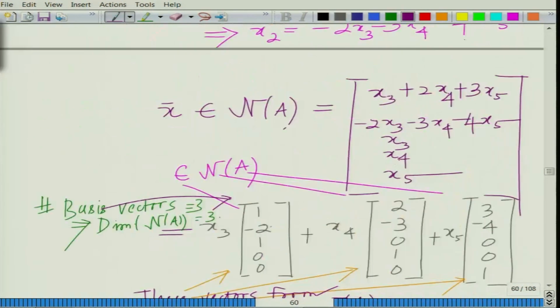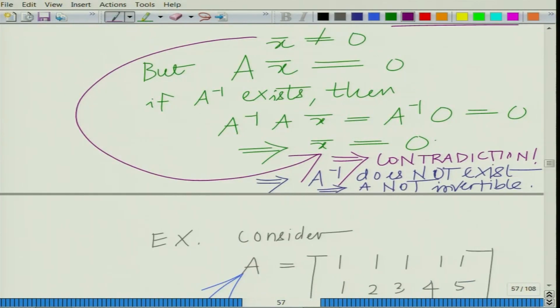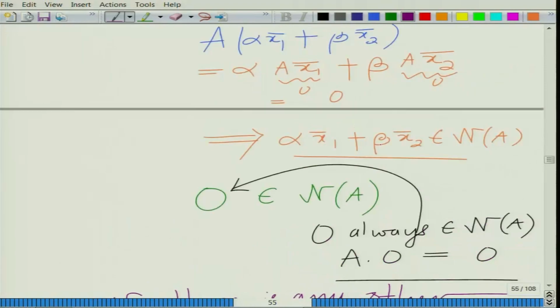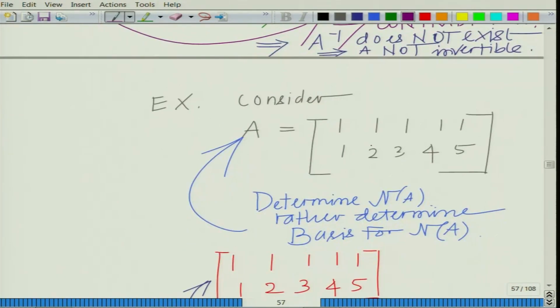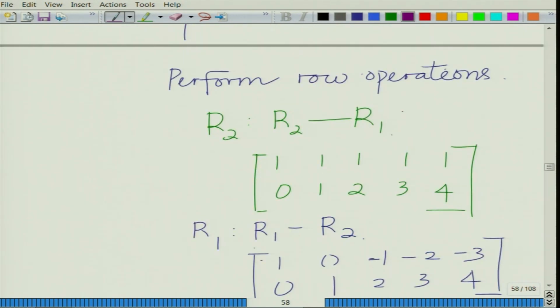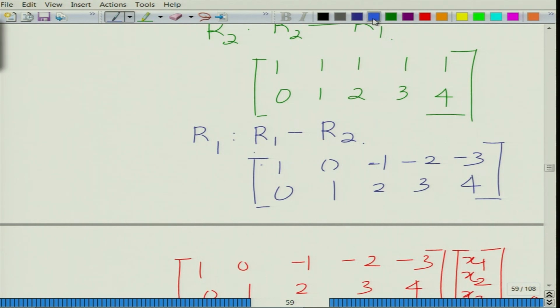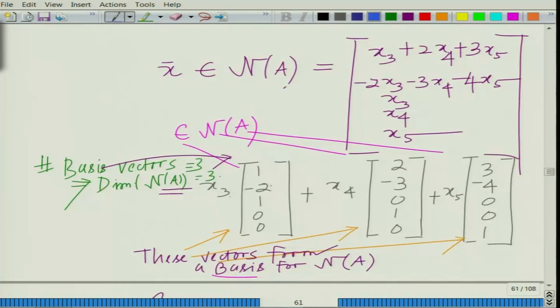So, nullity of A is equal to 3, and if you go all the way back and look at the rank of A, it is not very difficult to see you have 2 pivots. Rank of A equals 2, and therefore,